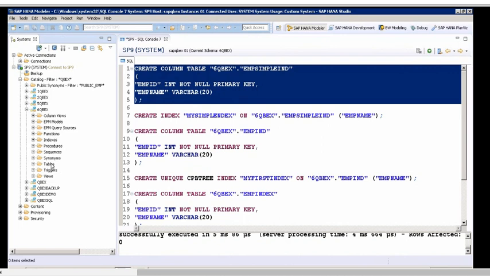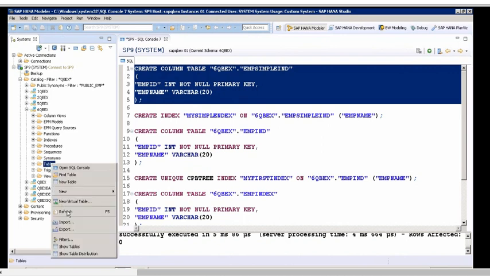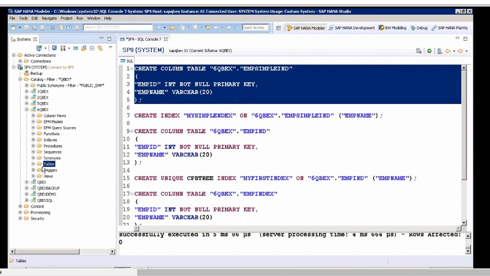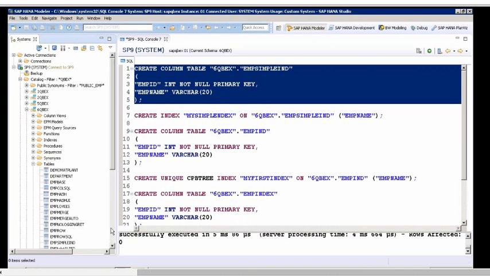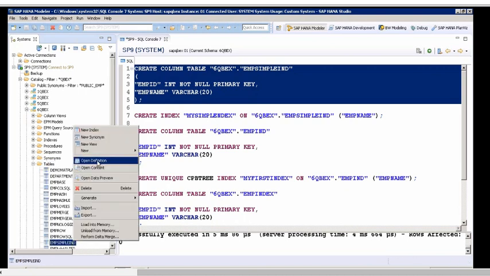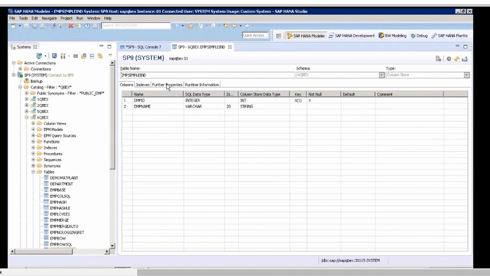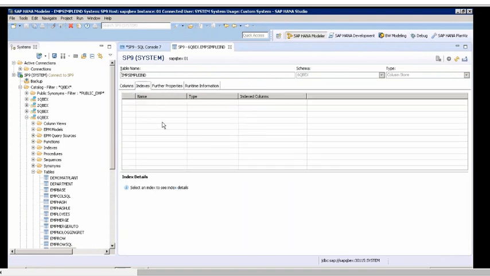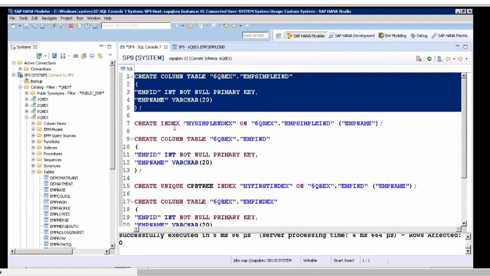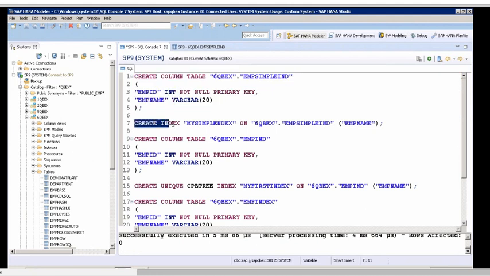This is my table, EMP sim. And you see a tab called index, and this is where you get to see the indexes of a table. Now this is a statement: create index, and the name of the index, my simple index, on which column of the table? On the employee table, on the column employee name. I am trying to create a secondary index on the EMP name column.